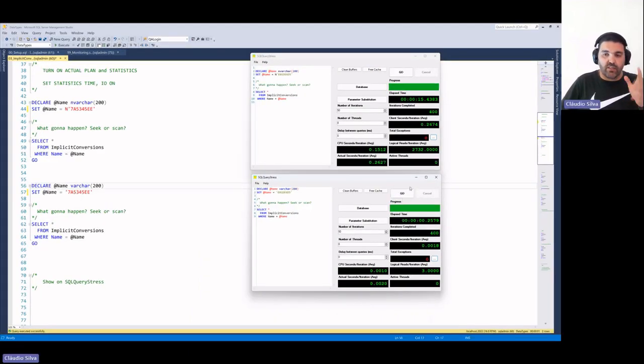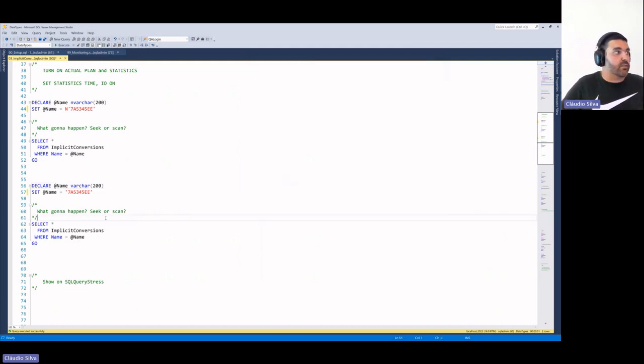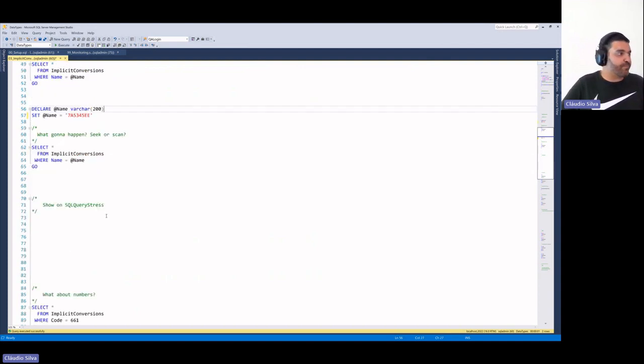So when someone says, oh, that doesn't matter because it's only 100 milliseconds or whatever, yeah, sure, until a couple of months when your application is growing, you have more data, your tables are bigger, and whenever you need to do these implicit conversions, you will need to convert each day more and more records to fulfill your query. And by having the correct data types, in this case just on the variable side, you can make your query go like 15 times faster on the same number of executions.